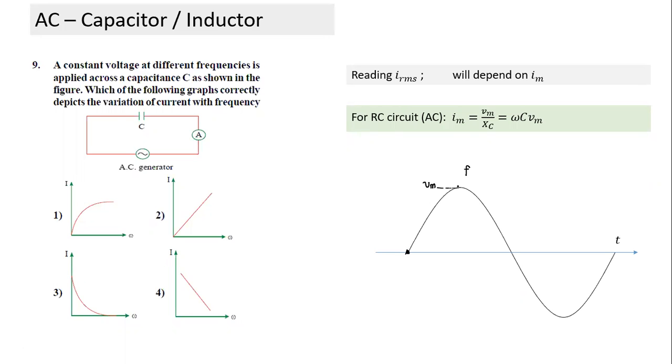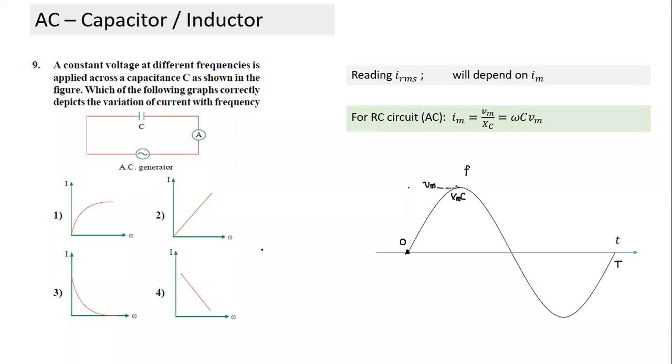And by that time the voltage reaches its peak value, how much time will it take from here? Depending on the frequency, it will have a certain time period. It will take time t equal to T by 4. And so from here, the charge has become 0 to VmC. This is at frequency f.